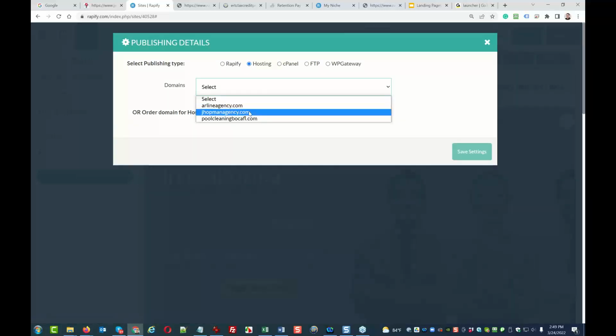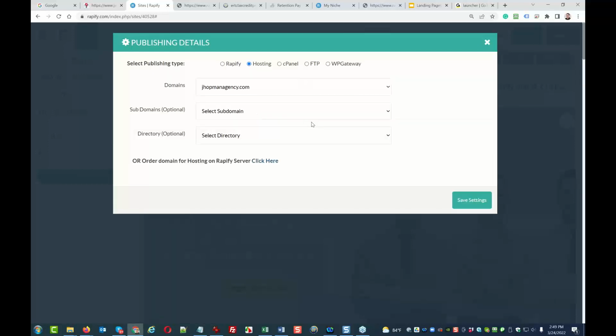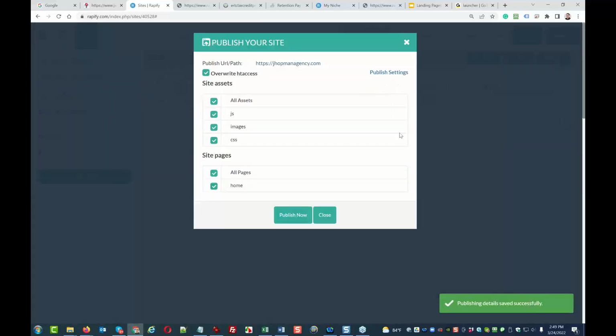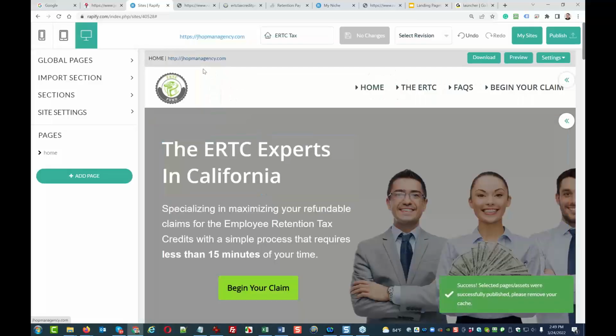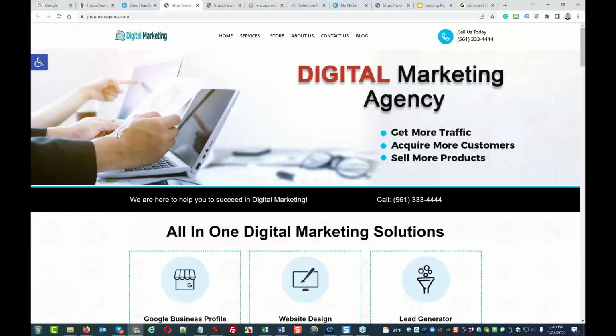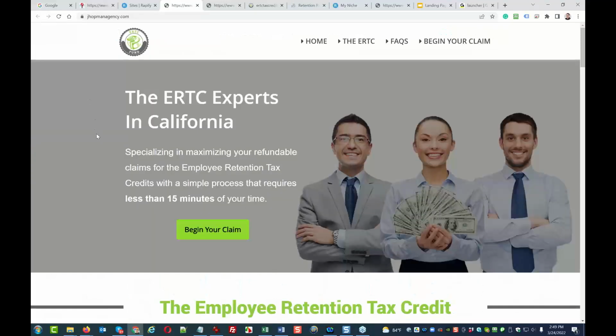Now, I will show you, let it load to this domain. In a second, I will show you how to host your domain, publish site, and publish everything. Close, click on domain name, and refresh. This is the old website, and this is the new website.